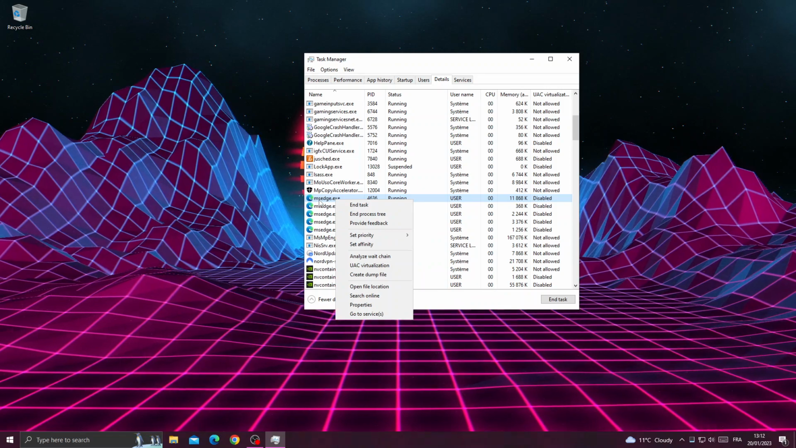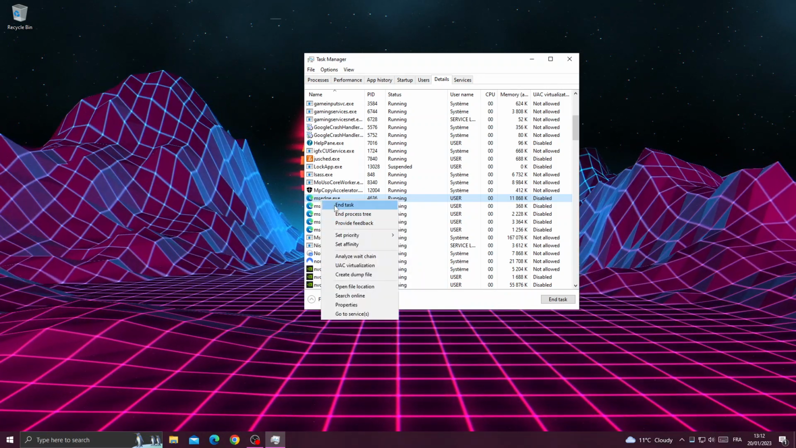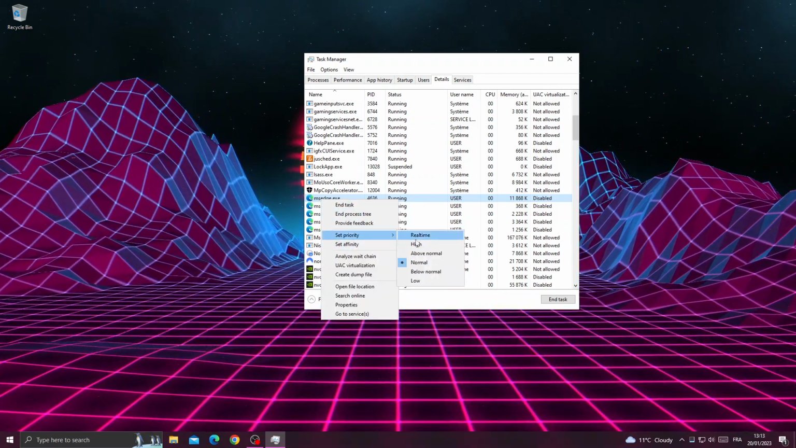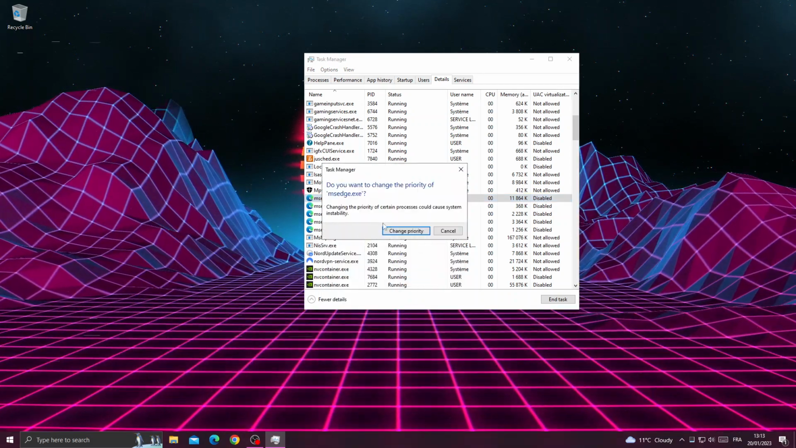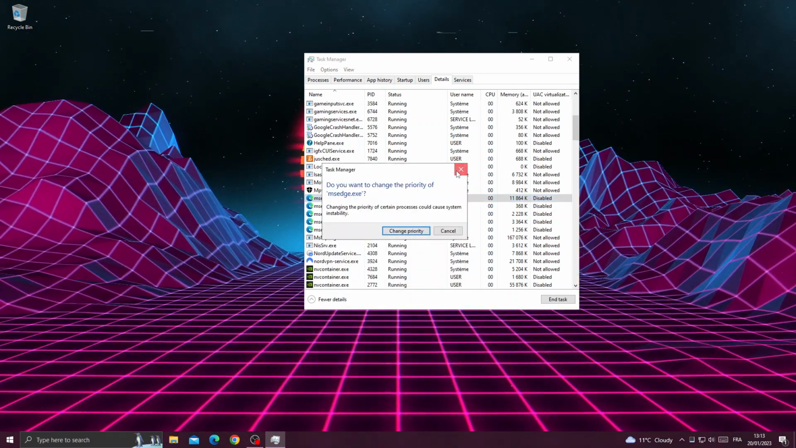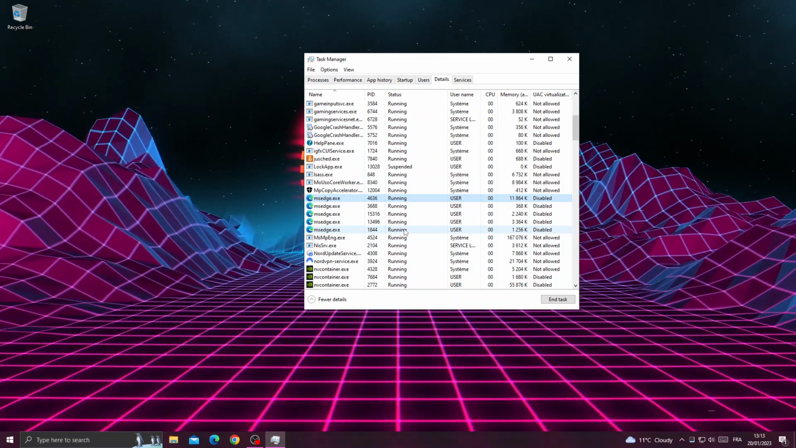Let's say that this says Genshin Impact, right click on it and then go to set priority and make it high, and then click change priority, and after that you will find that your problem is